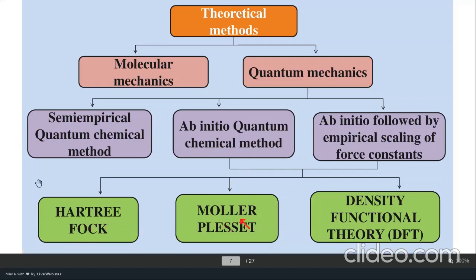After that, the Moller-Plesset method. It is a widely used method, but we are not dealing with it. It deals with the approximated correlation energy of the molecule, using second-order perturbation theory in the simplest manner. After that, the density functional theory method. The density functional theory method is basically a computational theoretical method in which we use a program to optimize our molecule and to calculate some properties.